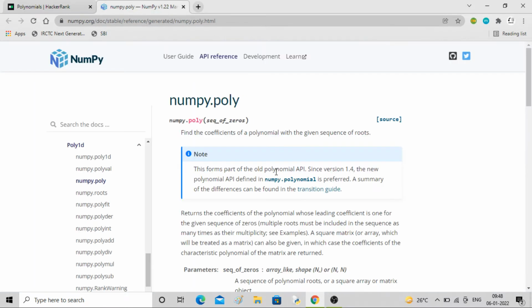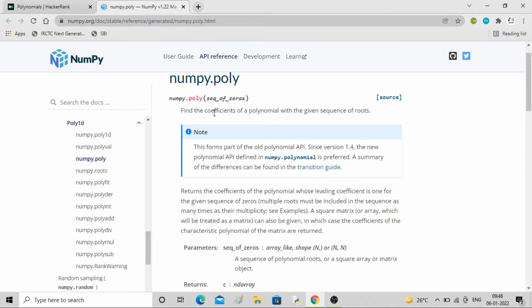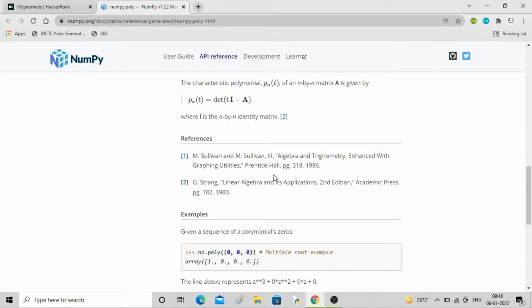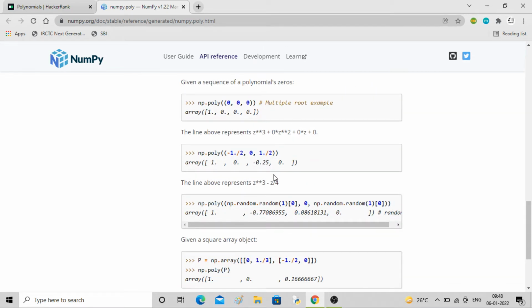If you go here inside, you can see find the coefficient of polynomial when you give the sequence of roots. Okay, here you can see this is how it calculates. So you can see here these are the roots: minus half, 0 and half. So these are the coefficient of polynomials.